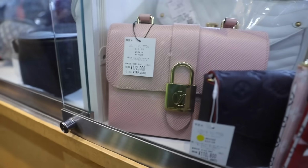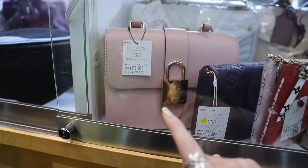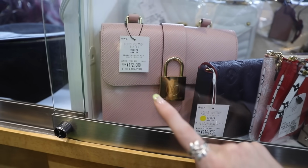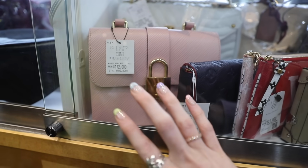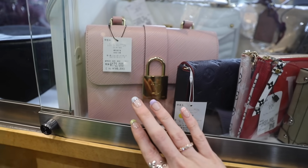So I was actually looking at getting this bag here in Australia. I came very close to buying it brand new. That is less than I would have paid for it in Australia, but still I don't think I can justify getting that. Okay, so I didn't find anything in that store that I wanted either, but I'm feeling like I